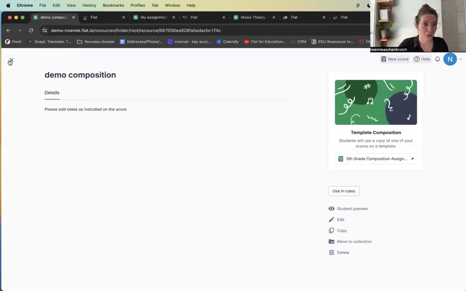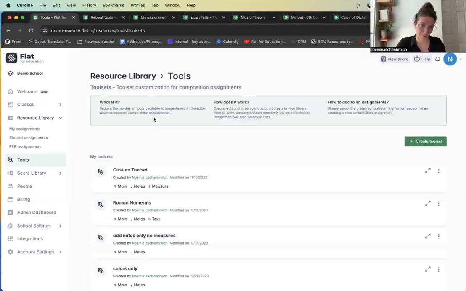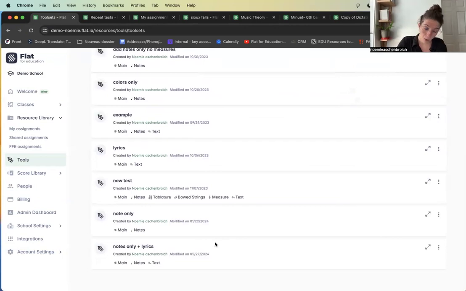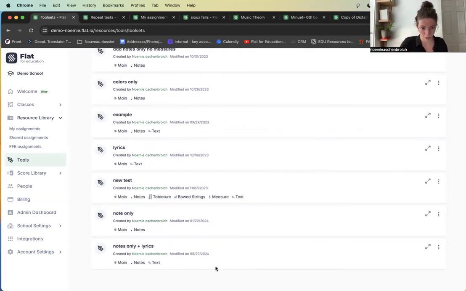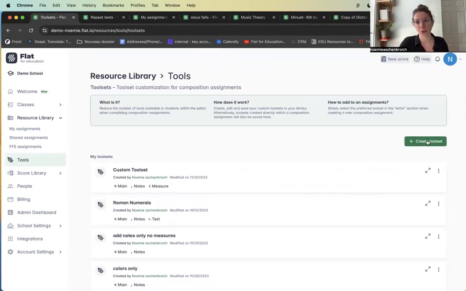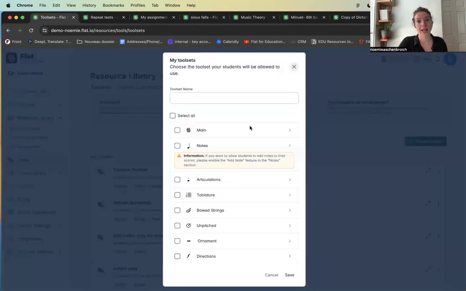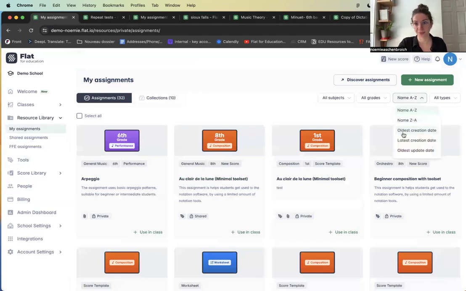And if you remember earlier, I showed you this tools section. This is where you have all of your tool sets. For now, this will change very soon, but for now, if you create a tool set in an assignment directly, it doesn't save in the library. It will soon, but to be safe, you can create all of your tool sets here, and then they will be accessible from the assignments directly. But it is exactly the same way to create a tool set. So if I go back to my composition assignment,